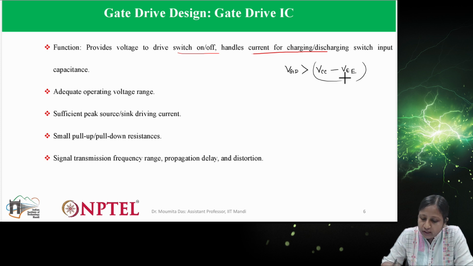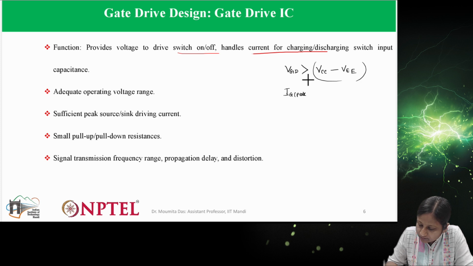Now since it is providing current for both charging and discharging, the current rating also matters here. So what should be the current rating? The peak current, the gate peak current